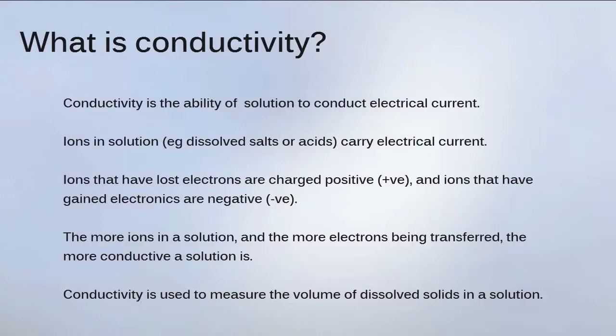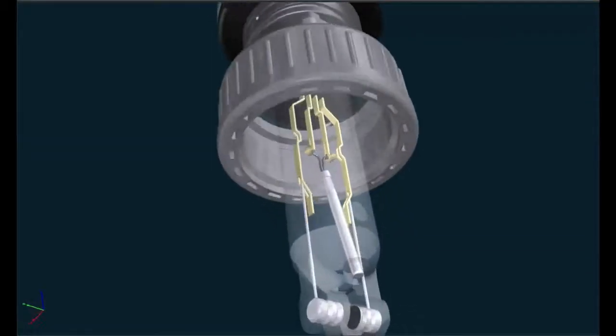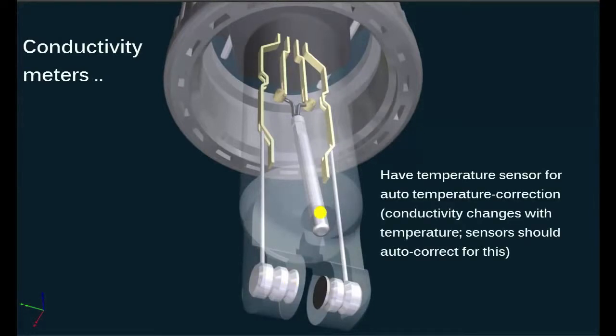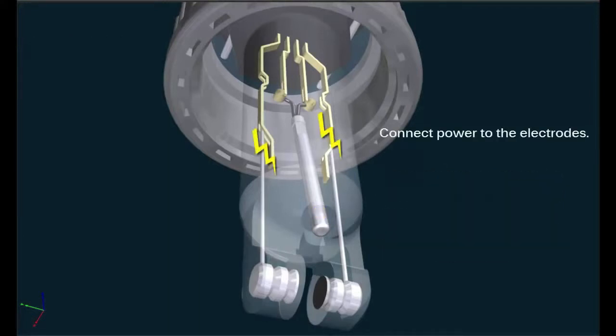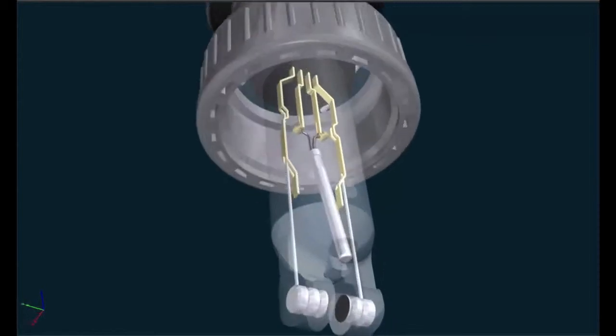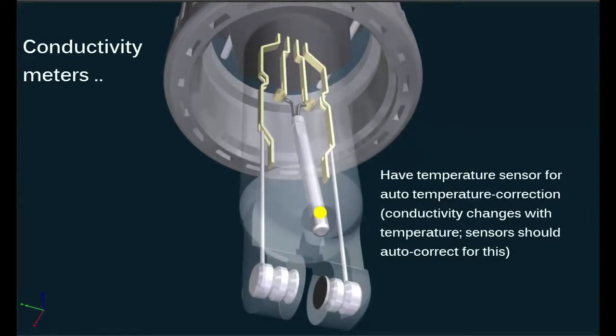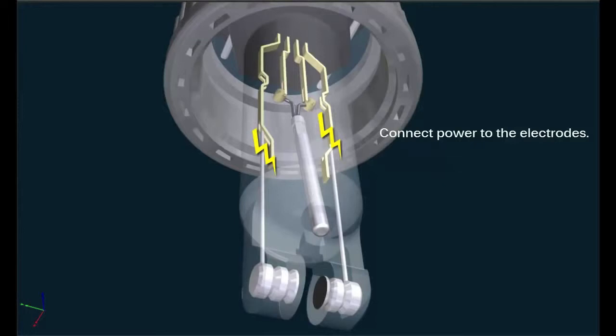It is calculated as the ratio of the current density in the material to the electric field that causes the flow of current. Saline water is easy to measure conductivity in. Measuring the conductivity of water that has a low salinity is more difficult because the electrical conductance comes from the dissolved ions. The equation that converts conductivity to salinity, along with the definition of all its terms, is very long